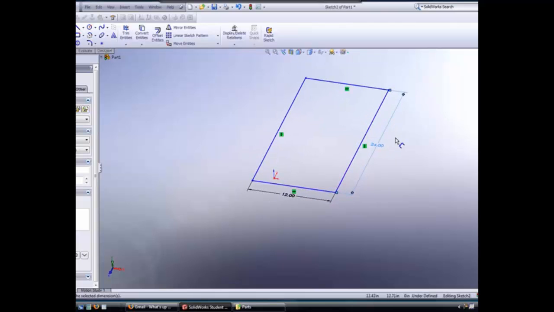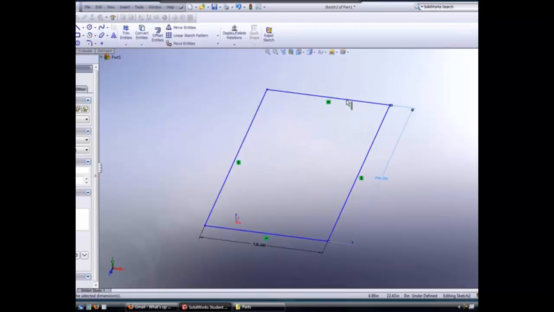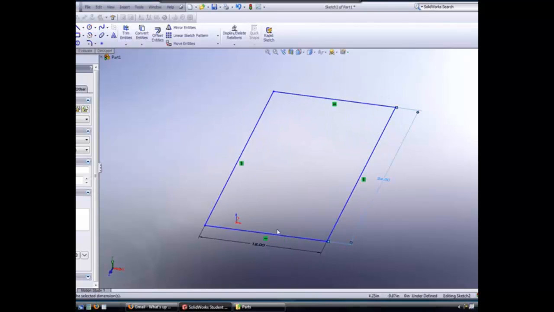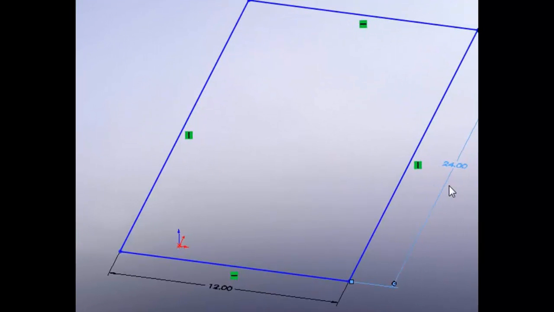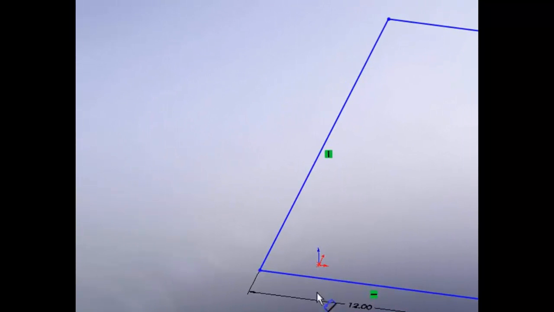So there is our sheet metal part, the very basic part, right? This is the 12 inch by 24 inches that we ordered, the material that we've ordered. So what I want to set up now is a series of construction lines, because I want this origin point in the center of this